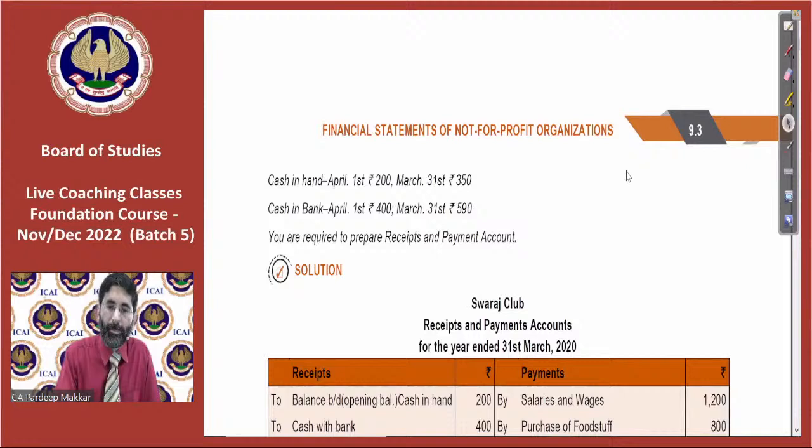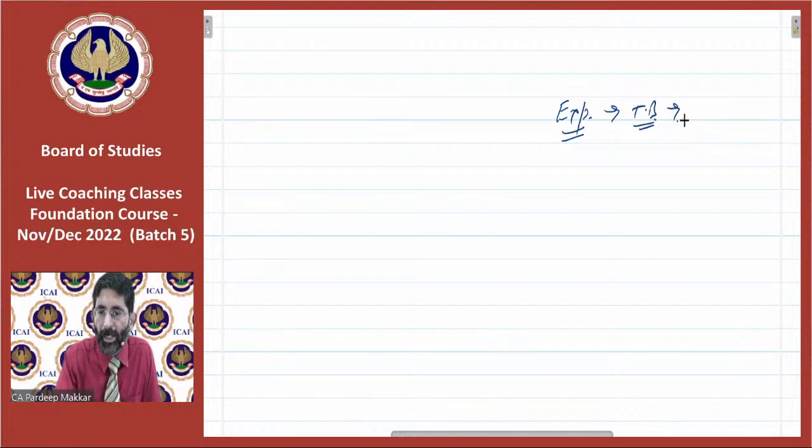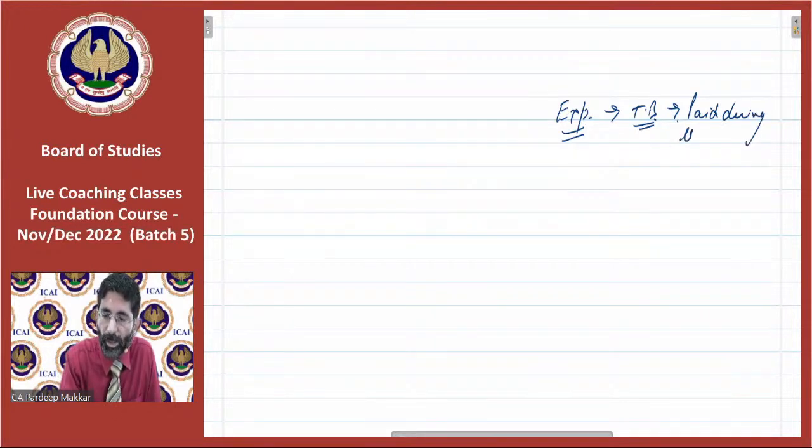Now tell me one thing. If any expense is given to you, what is it meant for? If expense is given in trial balance, what is this meant for? Either it is the expenses paid during the year, or it includes